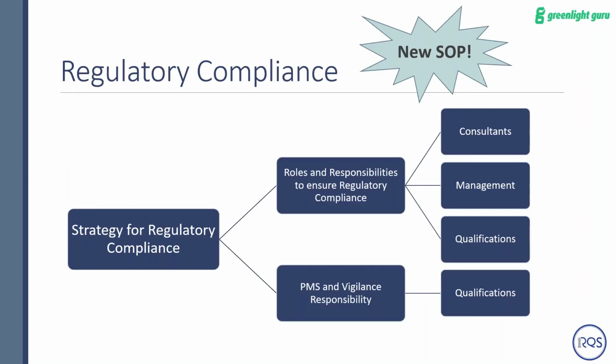Again, another new SOP, so regulatory compliance. You should have within your quality system a defined strategy for regulatory compliance. This is something that you are going to discuss in your management reviews, and you are going to outline a plan. You're going to have procedures and potentially minutes or forms around this. I like to think of it as kind of like the management representative role as well. So you'll have a person defined as the responsible person for regulatory compliance, and it should be documented who it is and what their roles are.